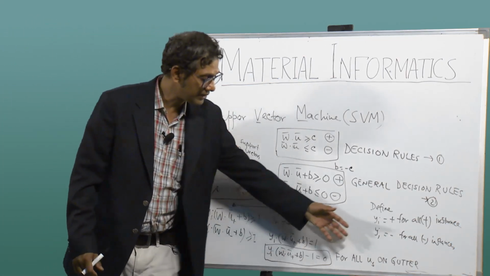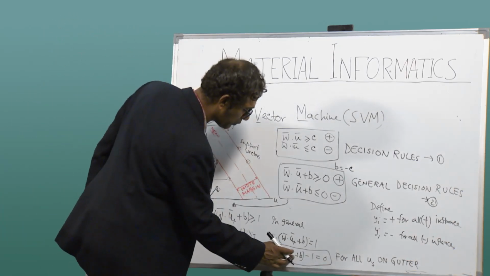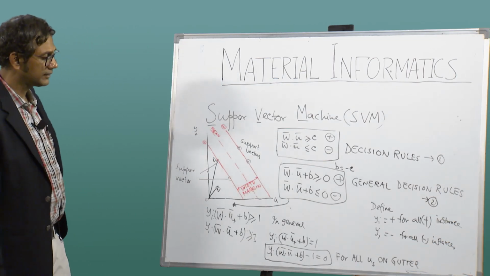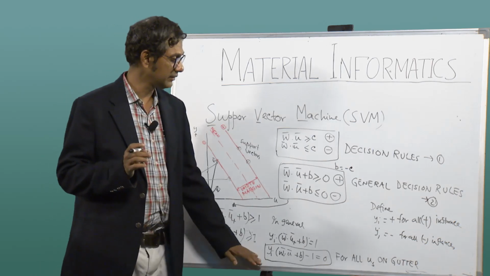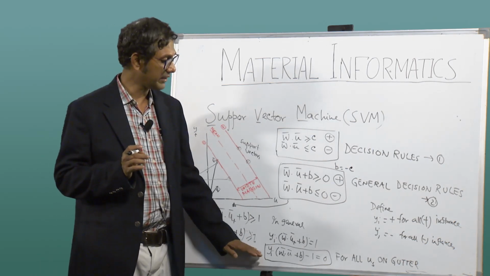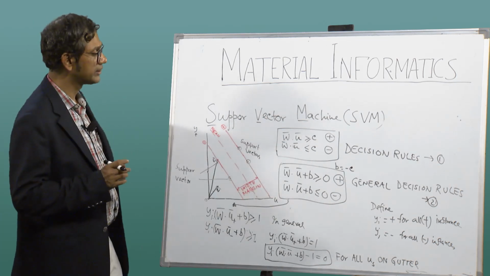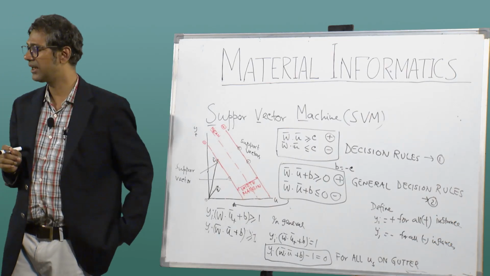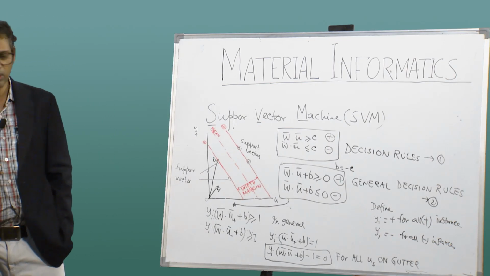So, this equation holds for all the u's which are sitting on the gutter. Then you do not need u plus or u minus, it is basically simply u. Okay. That is the first important mathematical equation we can derive, other than the decision boundary rules or decision rules. I hope this much is clear to you. So, now how do I maximize, right? How do I maximize